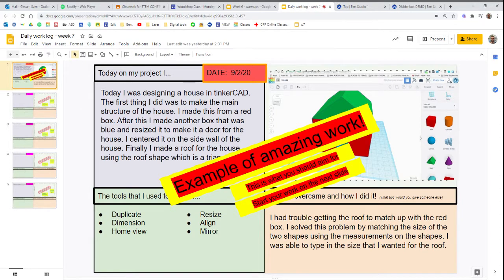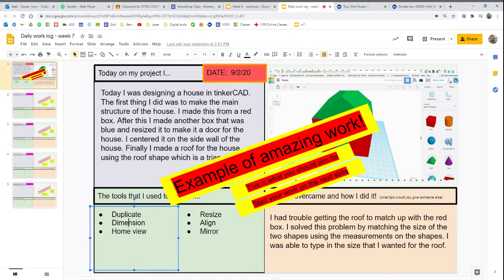That first slide is an example. So if you're helping them out with this document, it should hopefully be looking something like this. You will see they'll take a screenshot of their progress and how they changed their project each day. They're going to be writing a little bit about what they did on their project, hopefully using some of these vocab terms that you will have down here